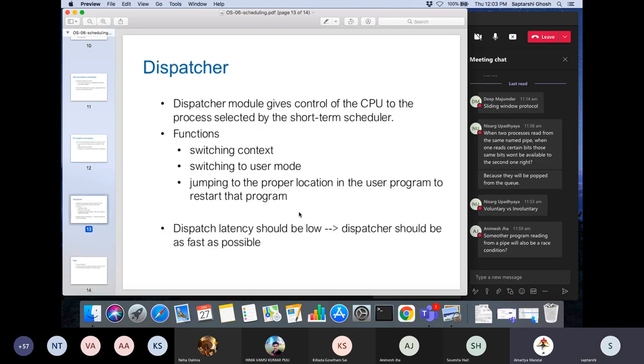So we discussed a scheduler and a dispatcher. Typically, the scheduler will select which process to run next, or which process to allocate the CPU next, and then the dispatcher will give control of the CPU to that process, which is selected for running next by the short-term scheduler. We know that involves quite a few steps. The context of the program which was running previously needs to be saved. Then the context of the program which will need to run next should be loaded. Then,